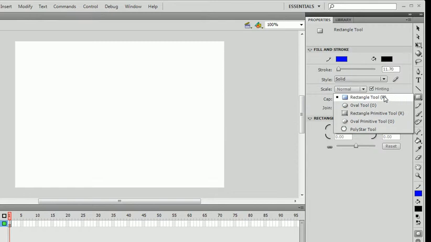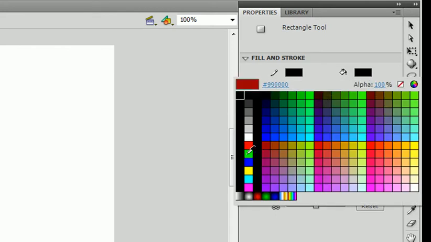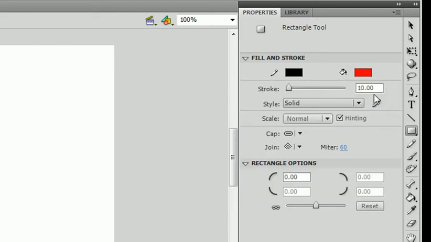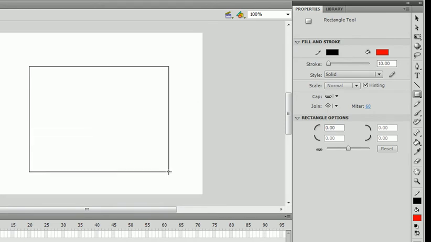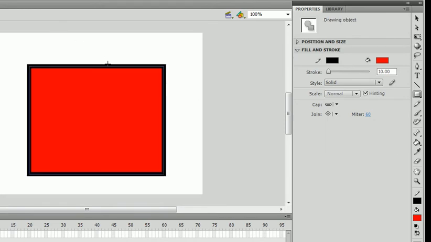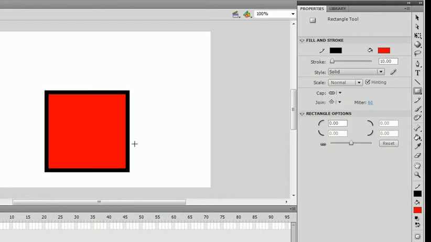So first we're going to select the rectangle tool and just set the stroke to 10. Make the stroke black, make the fill red, or whatever you want, it doesn't matter, and draw it on the stage. Click and drag, and we have our object. Make sure object drawing mode is off, and draw this. Alright, so